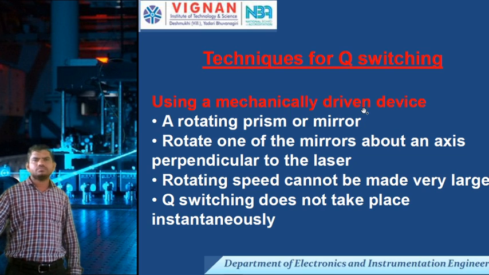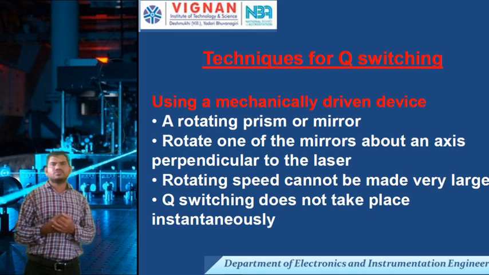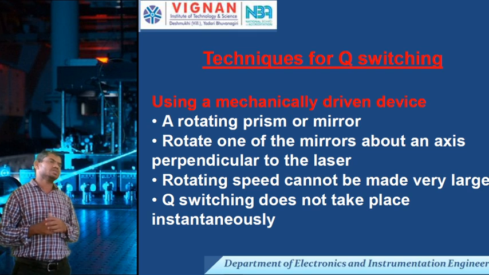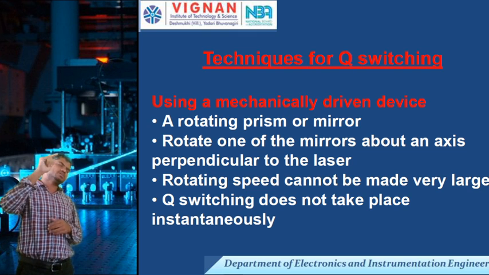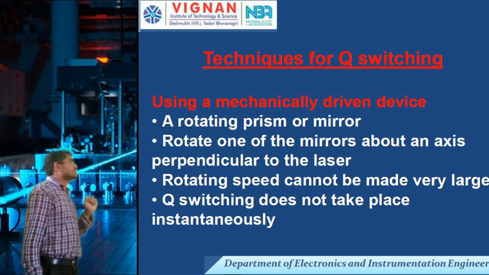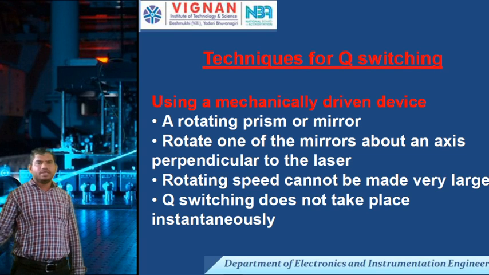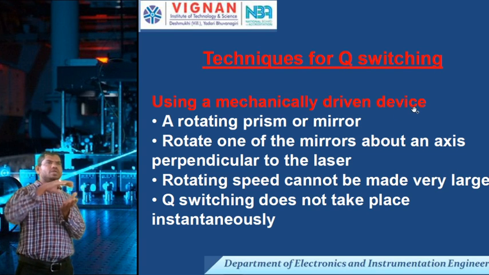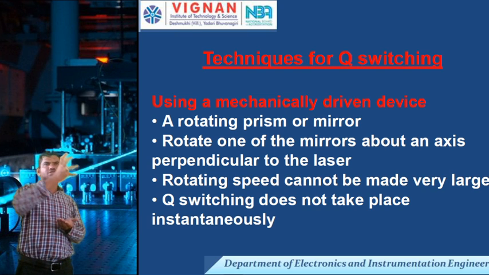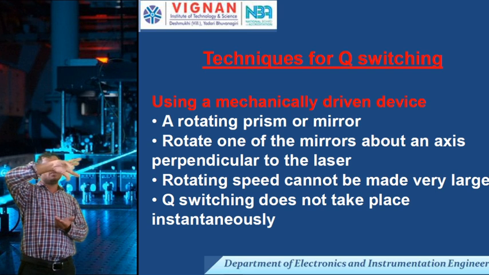Okay. Next, the techniques for Q switching using a mechanically driven device. The first method I am discussing is the mechanically driven device, by using which I can minimize the losses by modulating them. How? Here, a rotating prism. Now I can place one rotating prism or any mirror, and by rotation of the mirror, when we are rotating the particular mirror,